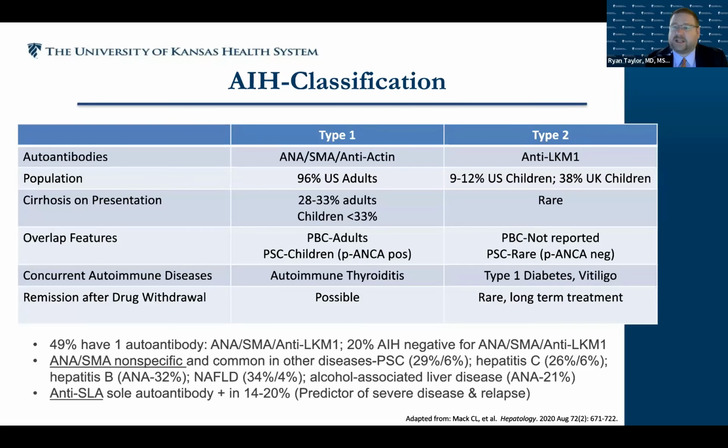So there are two different types of classification of autoimmune hepatitis. Again, a lot of information on this slide, but the main point is that there is a type 1 autoimmune hepatitis, which is more the classic type associated with the anti-nuclear antibody and smooth muscle antibody. And then there's a type 2 that's associated with the anti-liver kidney microsomal antibody. And as I mentioned before, this is a disease that can affect both children and adults. You can see some of the associations listed there. What I wanted to highlight is that the ANA and smooth muscle antibody can be non-specific. So just because you have a positive anti-nuclear antibody and your ALT is elevated, that does not mean you necessarily have autoimmune hepatitis. In fact, many times it can be a complex diagnosis. Next slide, please.